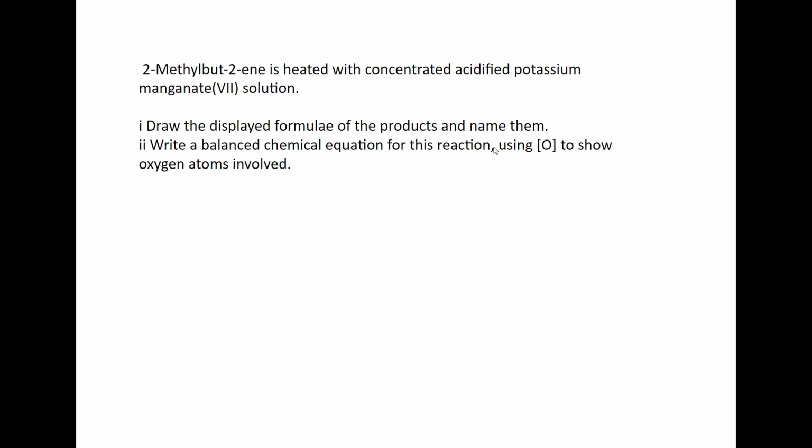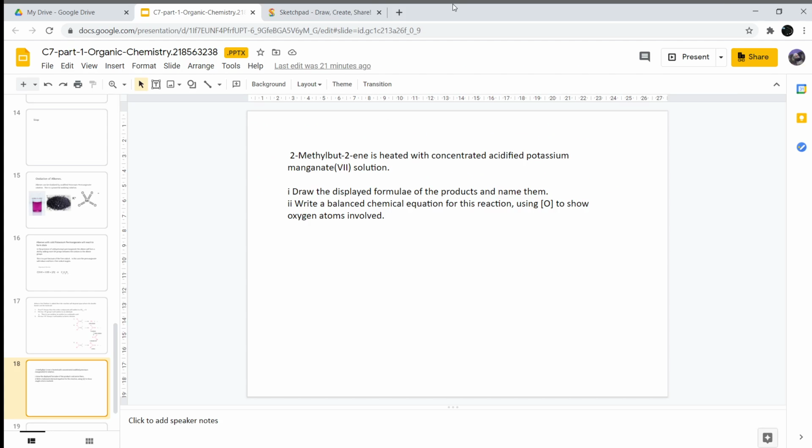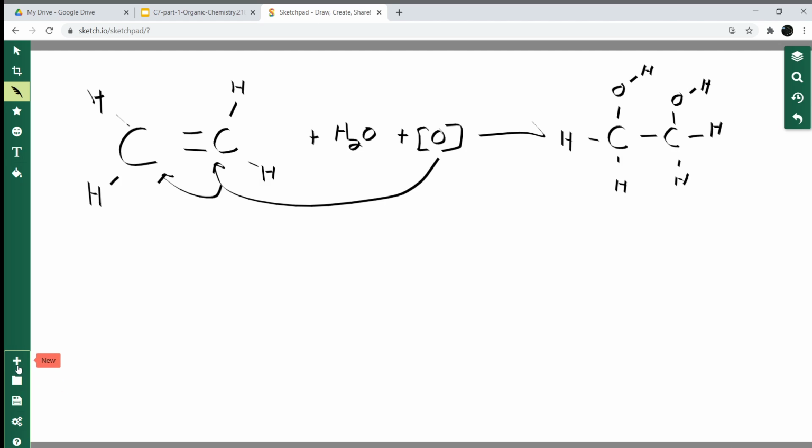So right here, what we have is an example of a typical question that we might have, where we say that we have 2-methylbutene, and it's heated in acidified potassium manganate solution. All right. So we have a hot solution, so we know it's going to oxidize well. Draw and display the formula of the products and name them, and then write a chemical equation using the oxygen as a free radical to show the atoms involved. Okay, so we're going to go ahead and go to our sketch pad,